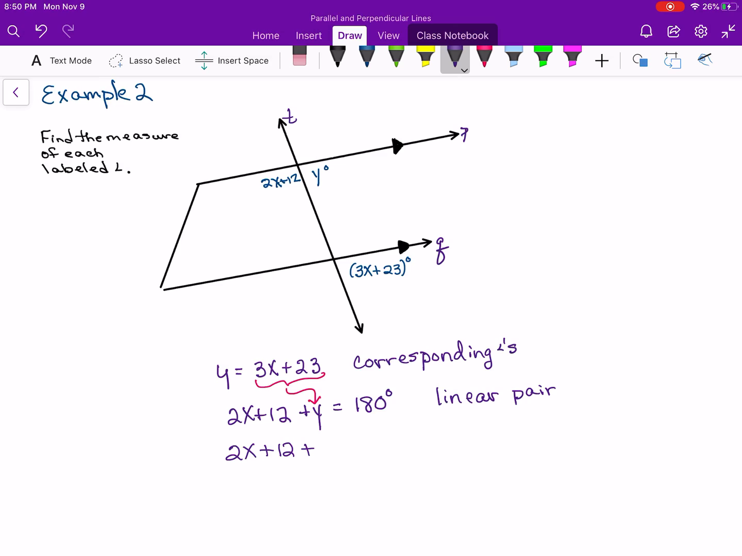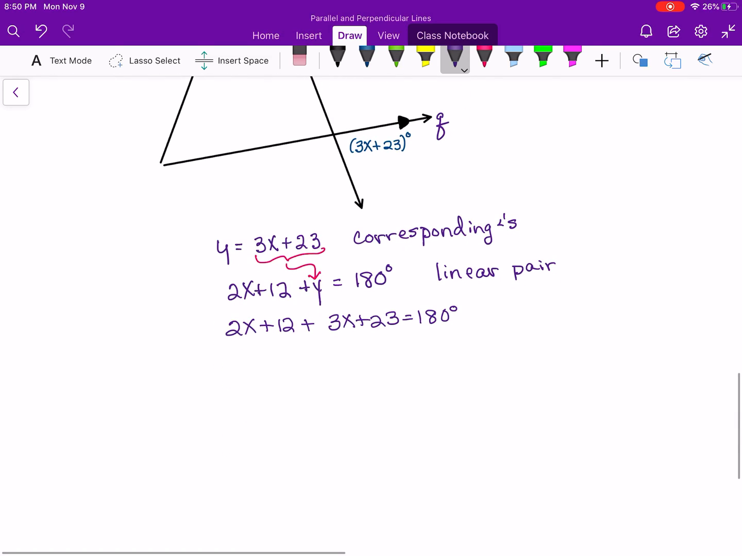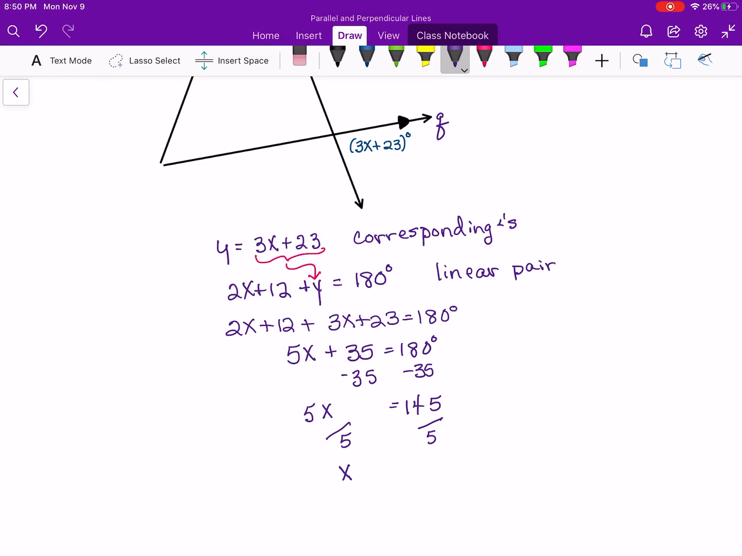2x plus 12 plus 3x plus 23 equals 180 degrees. We now have an equation with just one variable, and we can solve it. If you'll combine like terms, put your x terms together, that gives us a 5x. Put the constant terms together, the 12 and the 23, that makes 35, equals 180. Subtract the 35 from both sides of the equation, because now we're solving for x. So 5x equals 145. And then divide both sides of that equation by 5. We get x equals